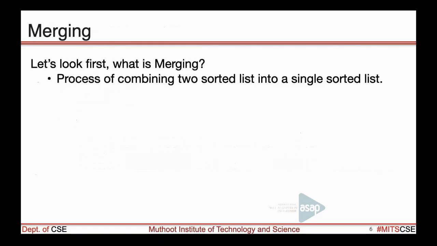So now we can see some of the algorithms or some basic problems which can be solved using the concept of divide and conquer. Okay, the first one is merge sort. Before going to merge sort, let's start with a basic idea. What is merging? Merging is the process of combining two sorted lists or arrays or linked lists, anything. For ease I am using the term list over here. You can use array. The process of combining two sorted arrays into a single sorted array or list,